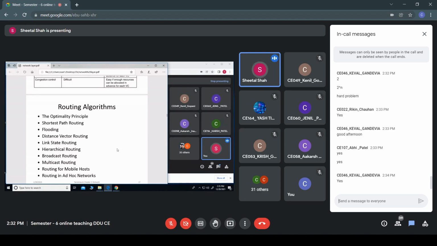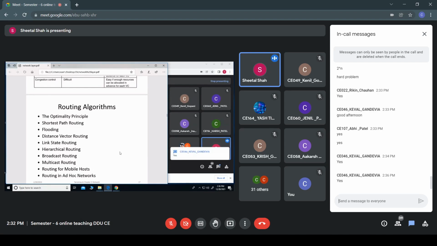For a particular router, there might be a number of interfaces. Are you getting me? So when a particular packet arrives at the router, based upon the routing table, it has to decide which interface it has to output that particular packet on.